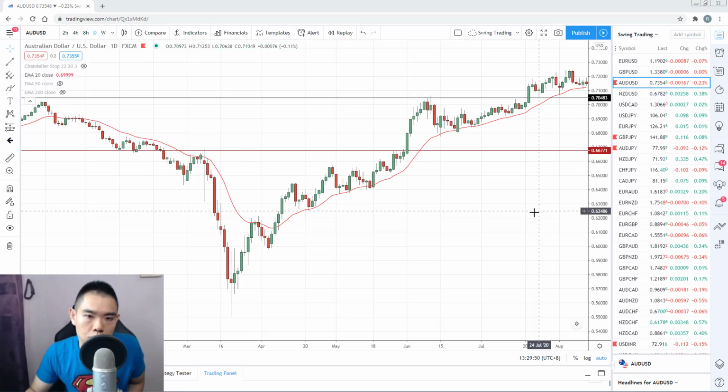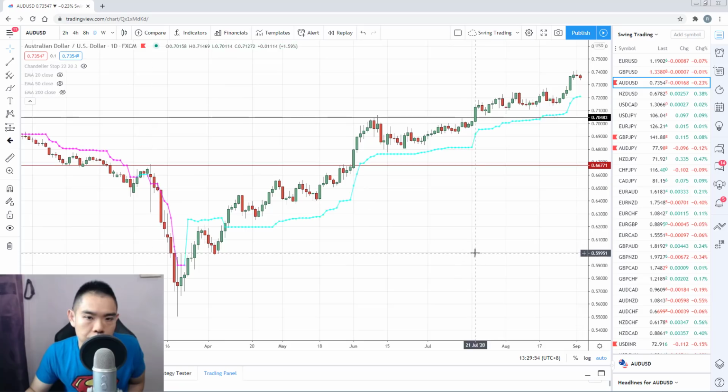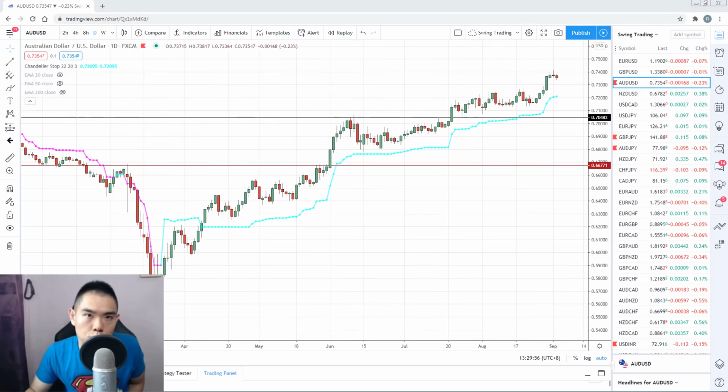The way I trail my stop loss is I'm using the Chandelier Exit stop, which is this indicator here, and it's showing up as this blue line over here. What I use is simply a volatility-based indicator. So from here to this blue line is 3 ATR. You can pull out your ATR indicator, multiply it by 3, and it will give you the number